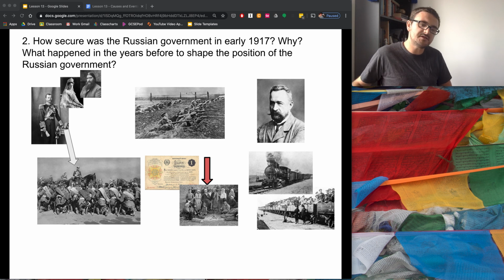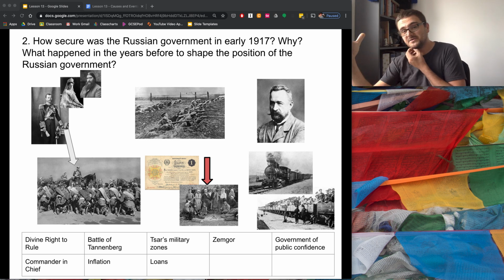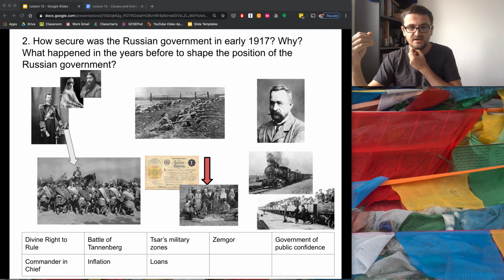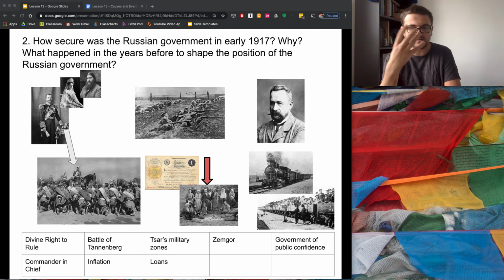Excellent. Now this time I've got some keywords for you. I don't want you to just type in the keywords, try and expand upon them. What do the key terms relate to? If they're an event, can you describe the event? Is it a person? Is it an institution? Can you describe it? Pause the video and use these keywords to help you fill in the gaps.